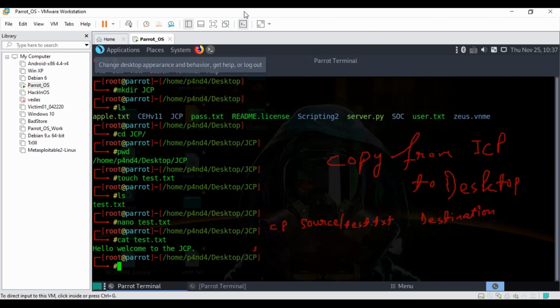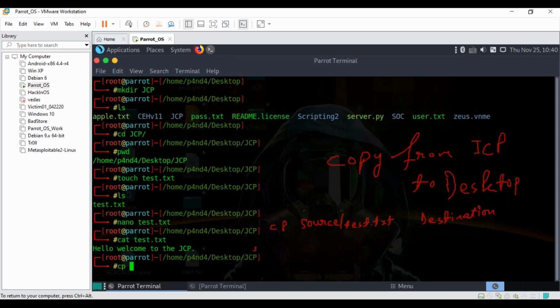So try it, think about it. The second path, where you have mentioned the desktop, that destination, you have to give properly. Just writing a name won't work, because I'm in JCP right now, not inside my desktop. So I have to mention a proper path to go there. Right now I'm inside my JCP directory, correct? Pretty much fine with that.